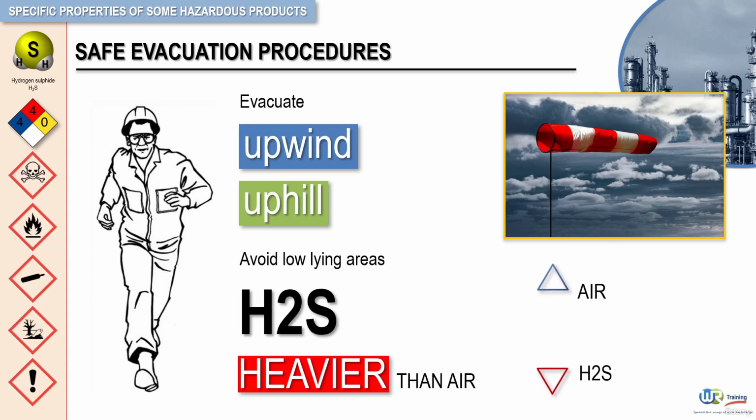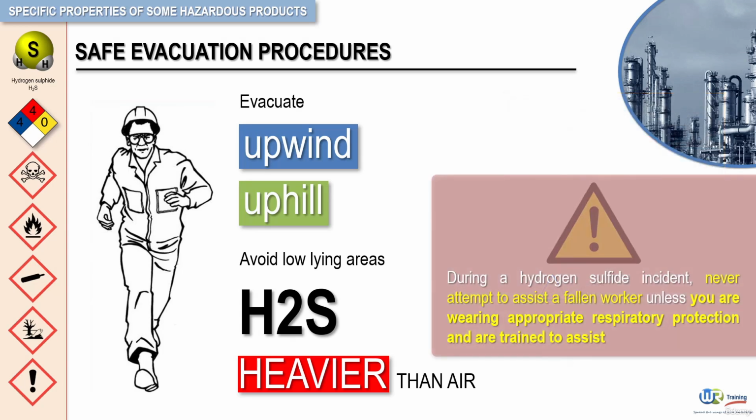During a hydrogen sulfide incident, never attempt to assist a falling worker unless you are wearing appropriate respiratory protection and are trained to assist. In this situation, being a good Samaritan can easily kill you. The same concentration of hydrogen sulfide that quickly overcame your coworker will just as quickly overcome you. Instead, head straight to the briefing area and report the location of your fallen worker. A properly outfitted and trained rescue team can then retrieve the fallen worker and quickly get him to fresh air